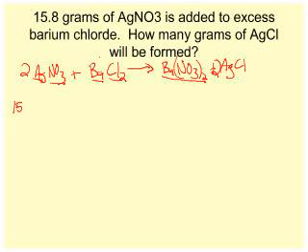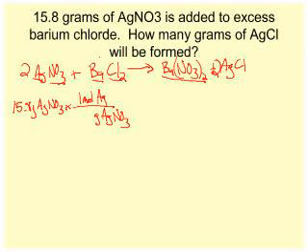start the Stoich. 15.8 grams of AgNO3 times dividing bar, grams of AgNO3, and then 1 mole of AgNO3. Going through moles as always. And the reason why I use 1 instead of 2 is 1 mole, I want to find the mass of 1 mole. So if I go to the periodic table, I'm going to find the mass of 1 mole, not 2 moles. So silver is 107.87 plus nitrogen, which is 14.01, plus 3 oxygen, 16 times 3 is 48. I get 169.88